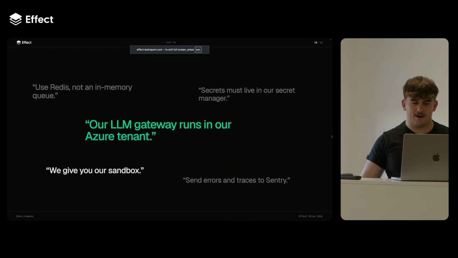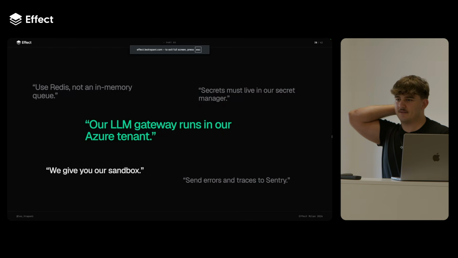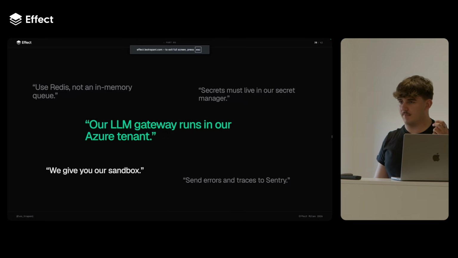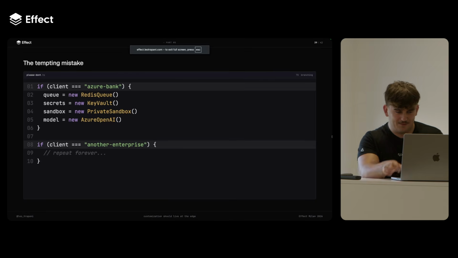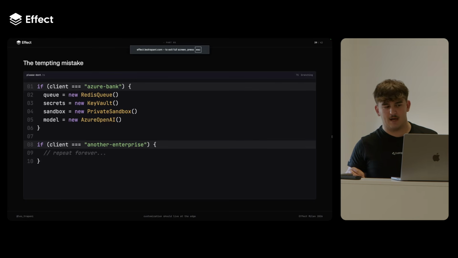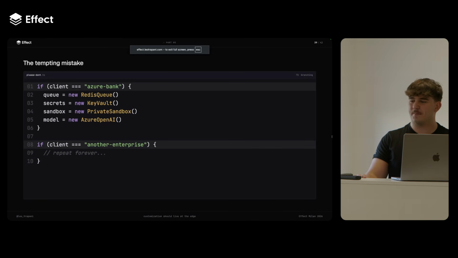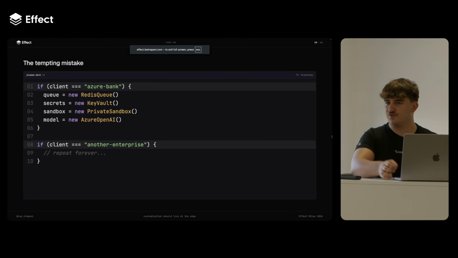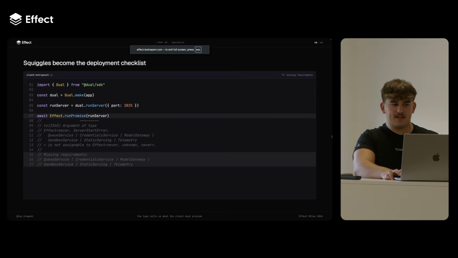They usually say our LLM gateway runs in an Azure tenant, we give you our sandboxes, or they want the credentials not in a DB, but in a secret vault. And if you don't follow good software fundamentals, if you just keep prompting an agent, right now it's probably going to do something like this, which is extremely ugly. You don't use any dependency injection. You just check the client or some options, and you just construct the things.